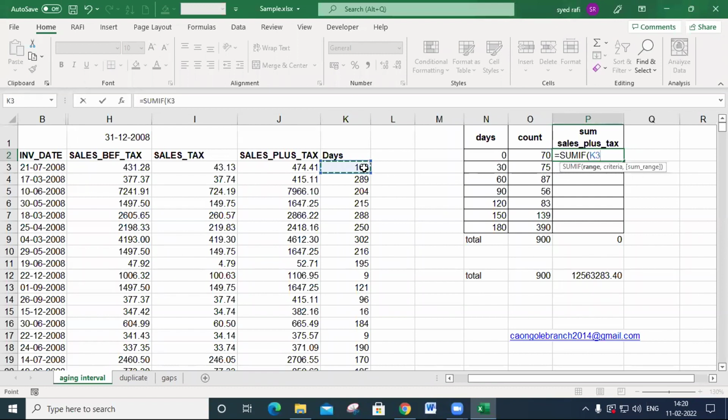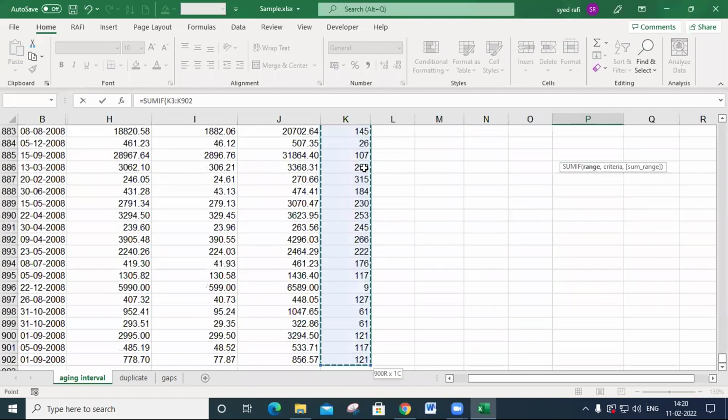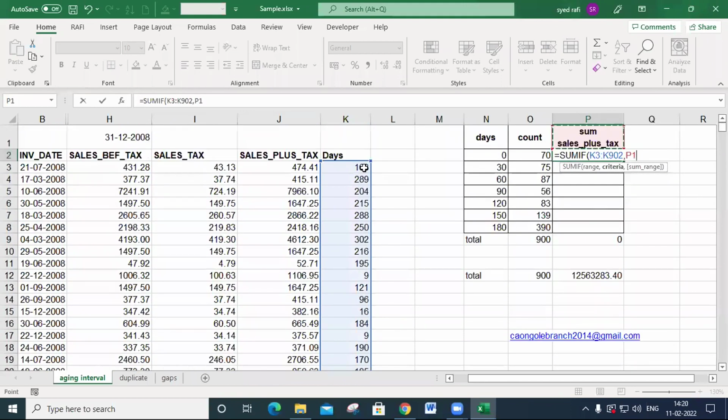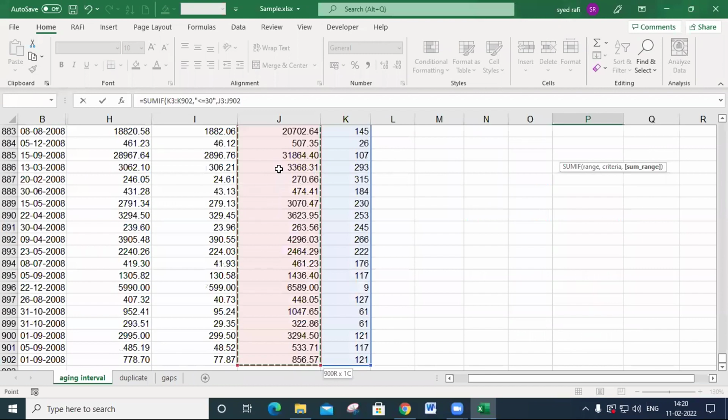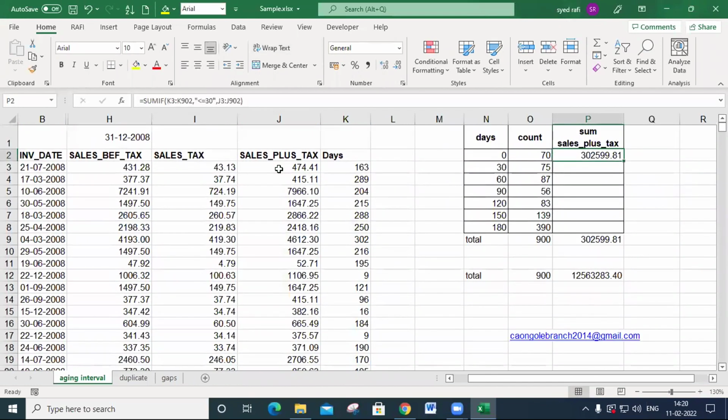For the criteria range, you take from this one to the last, put a comma, and type less than or equal to 30. Then put a comma and specify the sales plus tax sum range. I select the range, close the bracket, and press enter. I get this value.